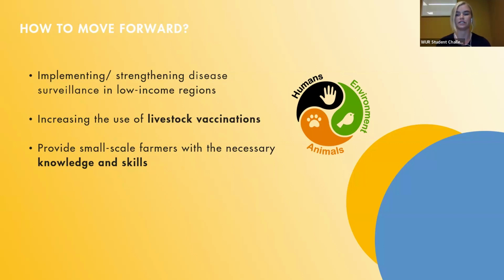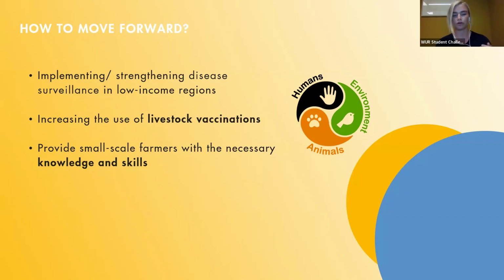And then also the contact of humans or animals with pathogens is best prevented by the use of livestock vaccinations and also other disease management techniques. So increasing the use of livestock vaccinations then prevents the need for antibiotics as well. In that way, it also prevents microorganisms from building this resistance against antibiotics.